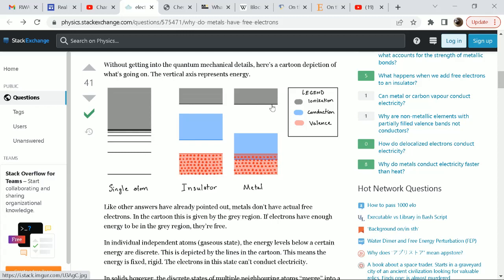So in a metal, the two states overlap, so they can travel, but you see the difference between ionization and conduction is much greater than the difference for an insulator. In an insulator, the conduction and ionization are really, really close, and both are very far away from the valence states. And what does that mean? It means that the material doesn't want to conduct, and you have to provide huge levels of energy to reach conduction, and it means that